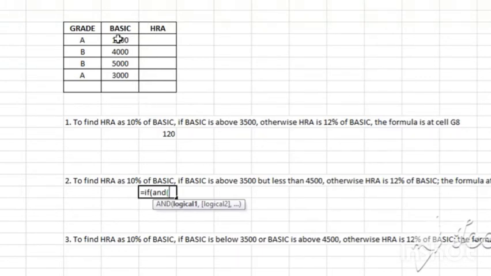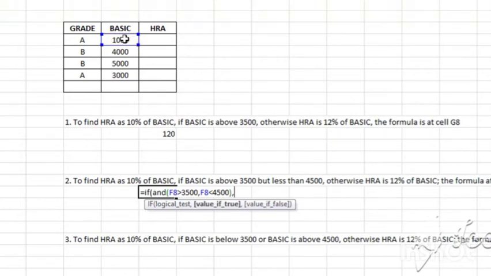Now basic is greater than 3500, and it should also be less than 4500. Both the conditions it should check. Firstly, this logical condition is over, so we'll put the bracket close, comma.